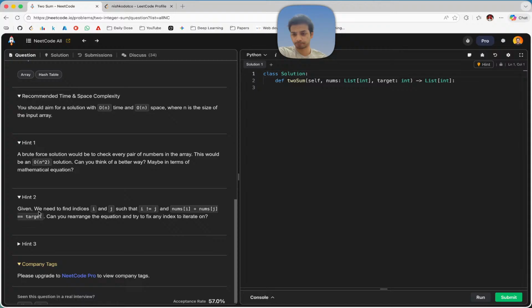I need to think. So think that if nums[i] is equal to 1, then should I check the next one? If I check the next, which is going to be i plus 1, and that is also equal to 1, then